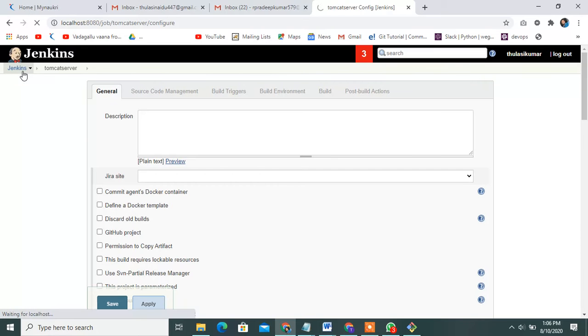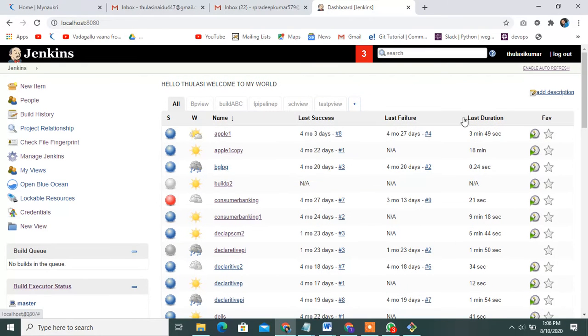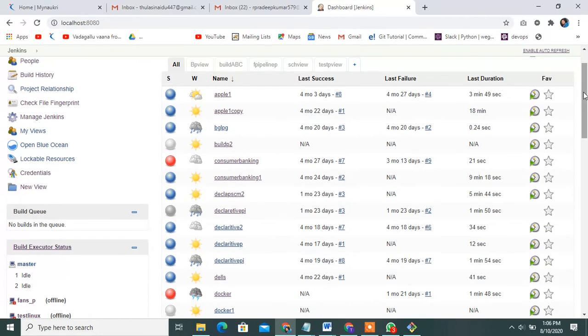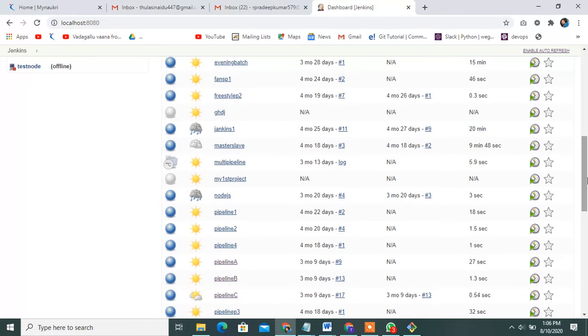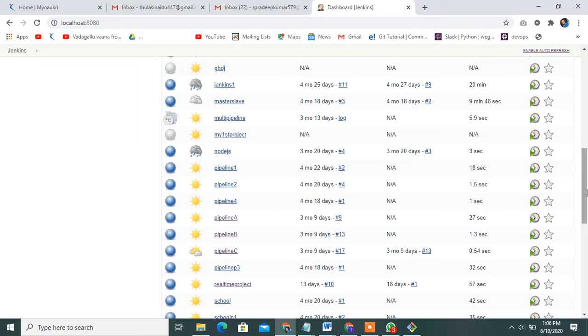Then take the remote server URL and the Bitbucket URL. Where my WAR file will be stored, that URL will be copied. One project I will take.